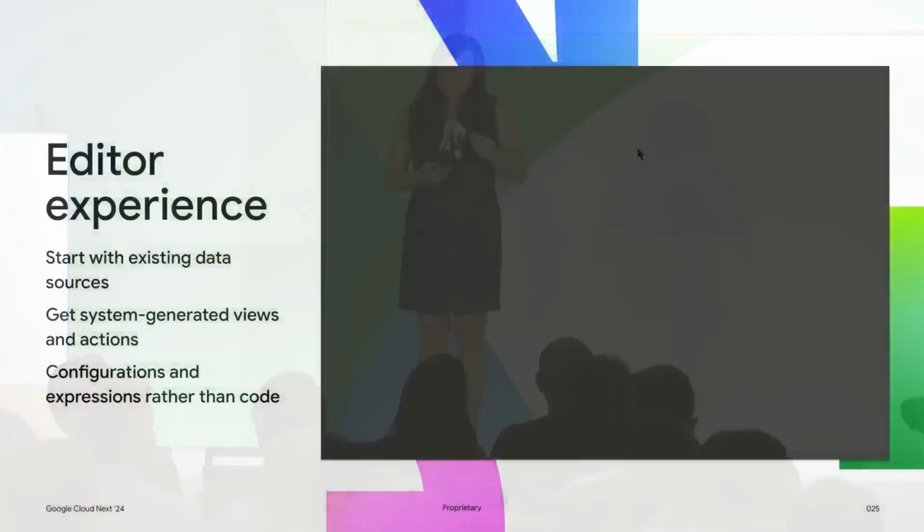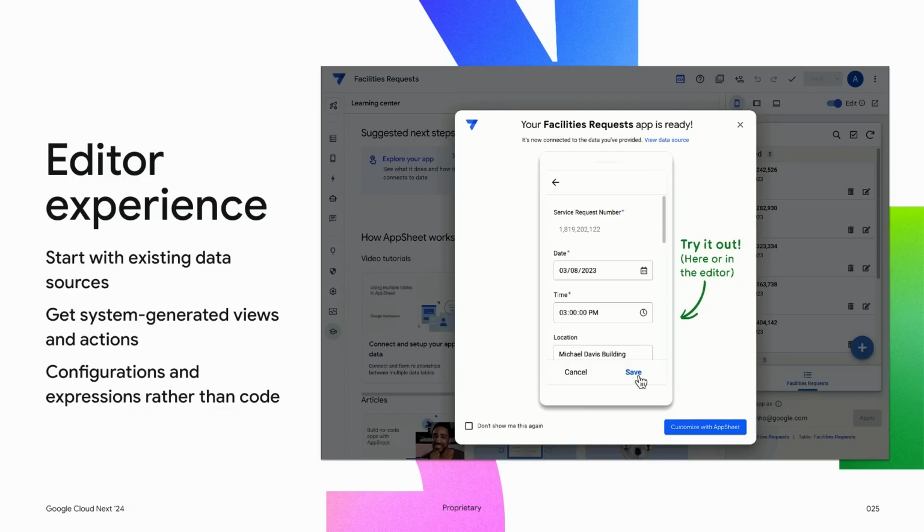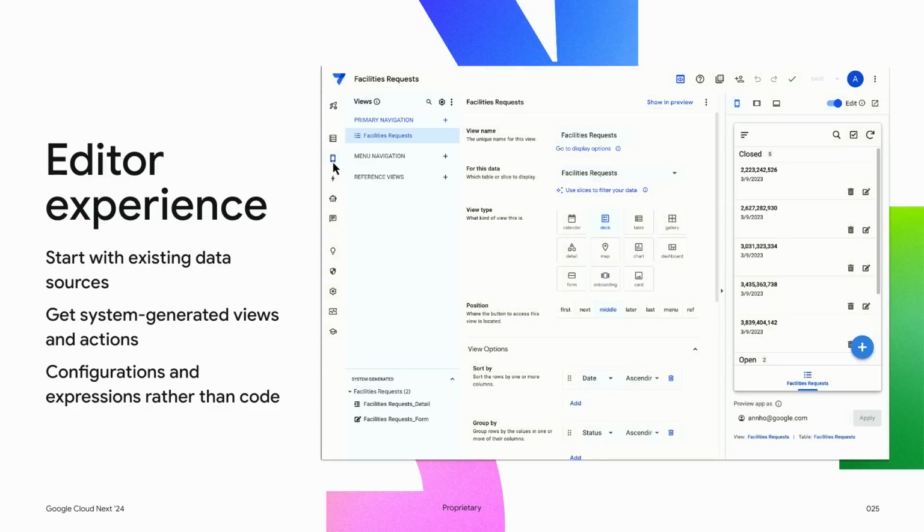Now, folks at Veolia really liked how AppSheet had a kind of spreadsheet-like feel, and a lot of the tools and capabilities that made it easy to get started. So let's take a look at some of those and what you can highlight to your users. So we saw before that AppSheet has a visual editor, and creators can start by connecting to a spreadsheet, like this facilities request list. And creators can preview and use that app right away.